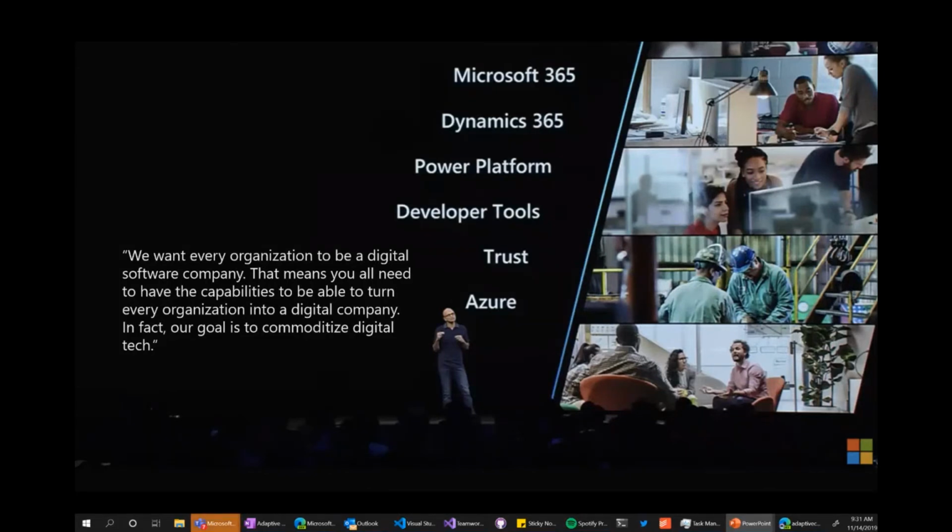Working at Microsoft, there's a lot of fans of Satya. I've personally loved just about everything he's been improving and changing about this company, in particular the Microsoft mission.